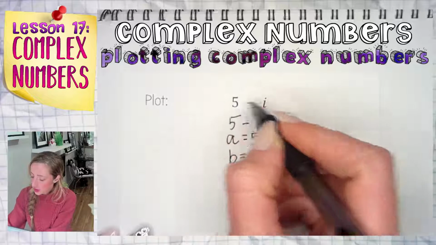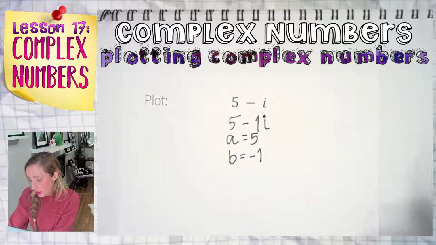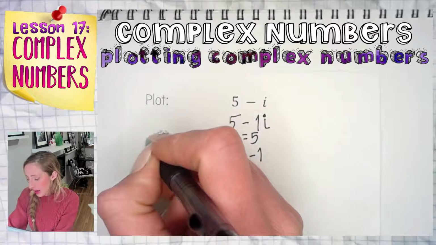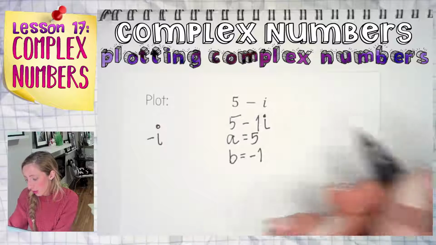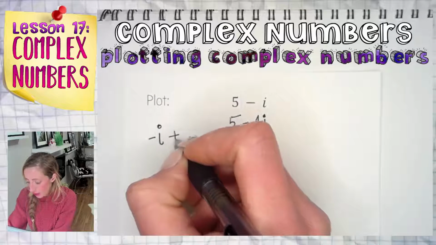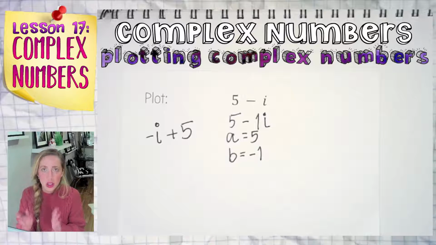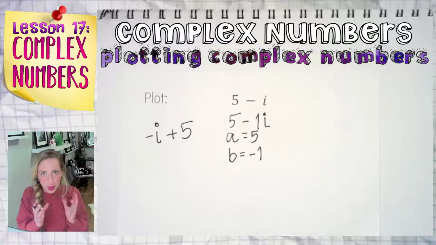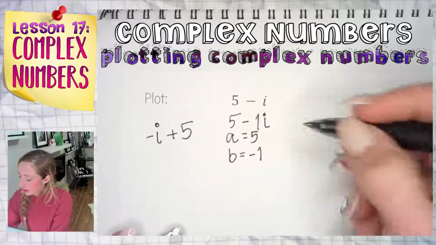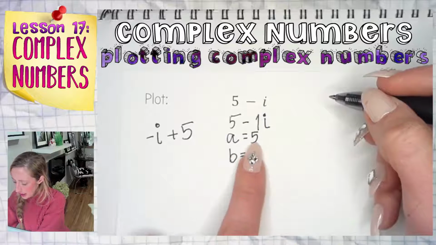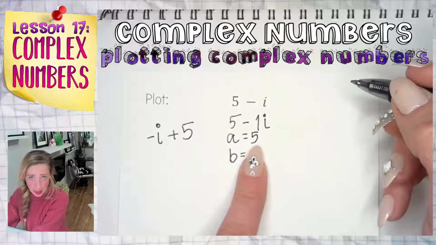It's complex because it includes both real and imaginary components. Be careful if a number is presented to you in the form, say, negative i plus 5. You don't want to get mixed up and accidentally plot things in the wrong direction. Pay attention. a should be the real component and b should be the one that would be the coefficient of the i. So paying attention to this, I would think to myself, it's going to go right and then it's